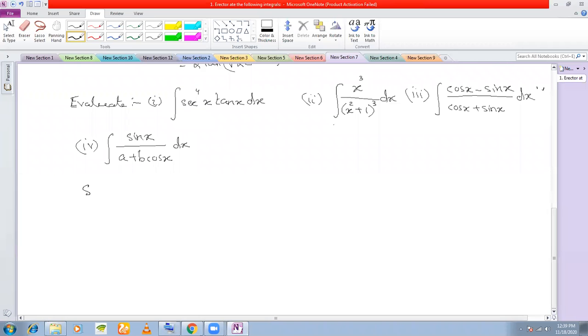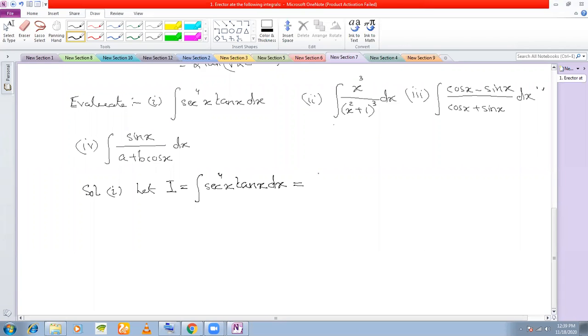So let us start with the first one. Let I is equal to the integral of sec to the power of 4x tan x dx. Okay. Now here what you do is, you know that the derivative of tan x is sec square x,